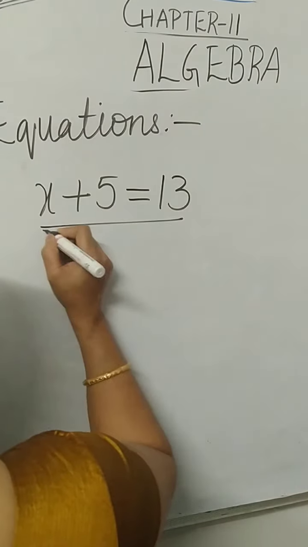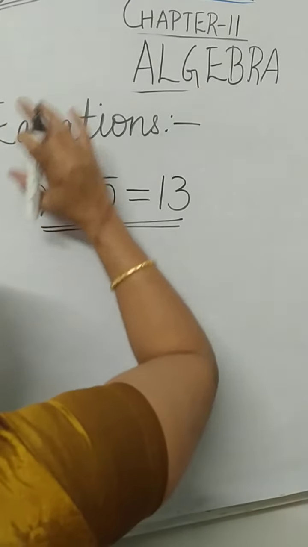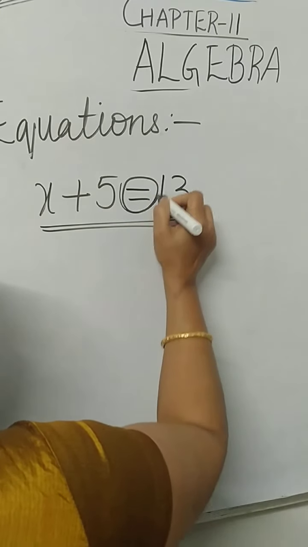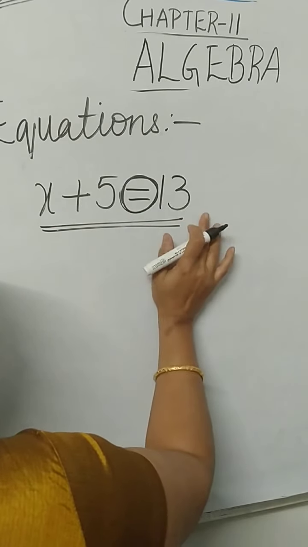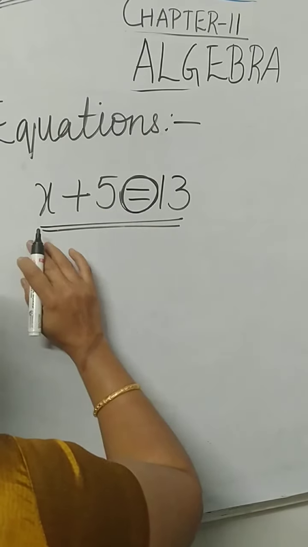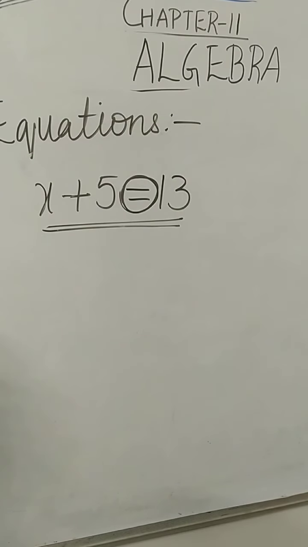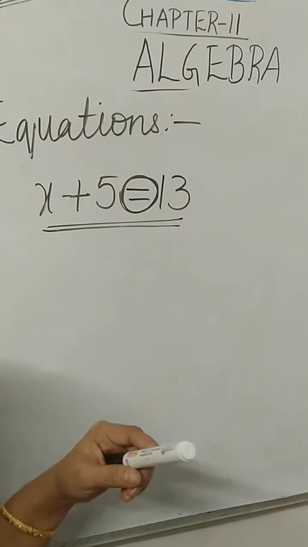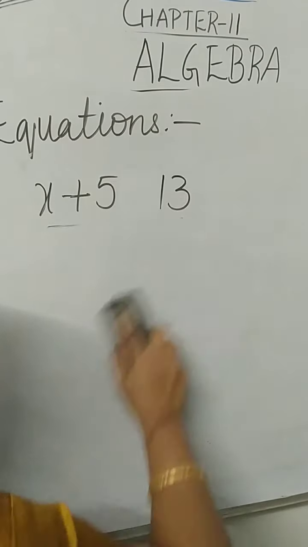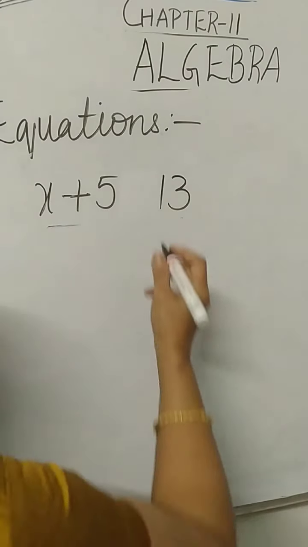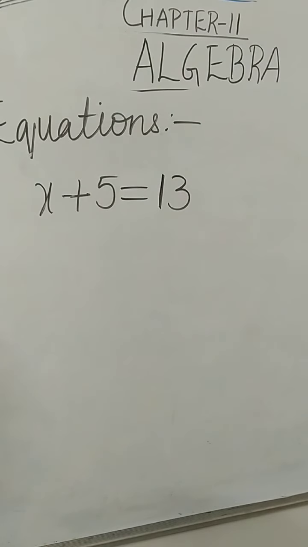What is the difference between equation and expression? Did you understand? Here, this expression is equated, in the sense it is written as equal to 13. They are claiming that x plus 5 is equal to 13. By using this equation, we can find out what x is. How to solve equations, you will learn in your next class. Just learn here what you mean by equations. If any expression is equated, is equal to something, it is called an equation.